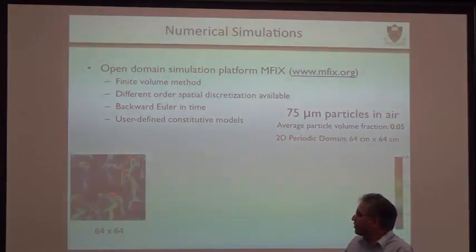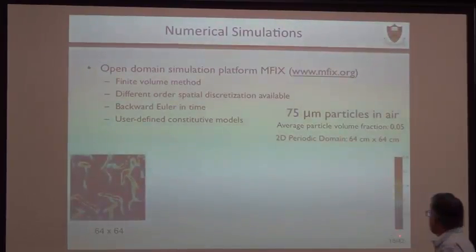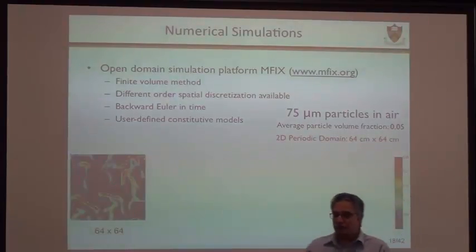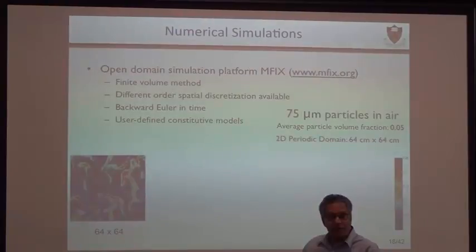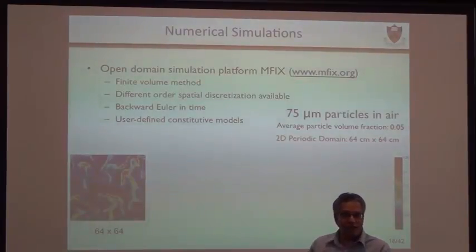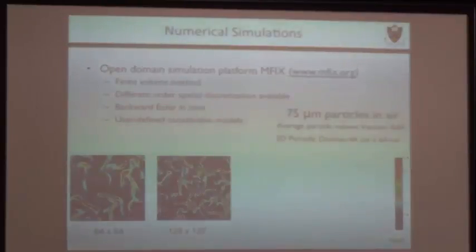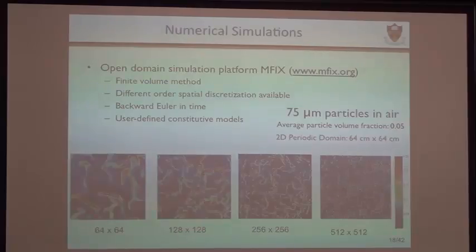You find that after a while, the equations say that they will become inhomogeneous. And this is your volume fraction scale: red means one particle, blue means not so many particles. You start getting inhomogeneous flow structure. These are time dependent, and what you are seeing is a snapshot in time. But if you put in more grid, you get a different structure. If you put in even more grid, I get a different structure. If you put in more grid, you get an even different structure. So you start getting more and more fine structure as you put in more and more grid.